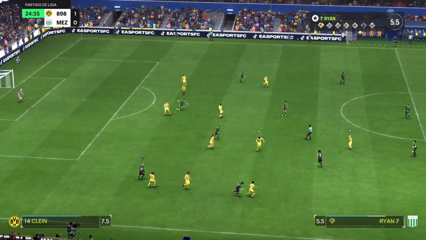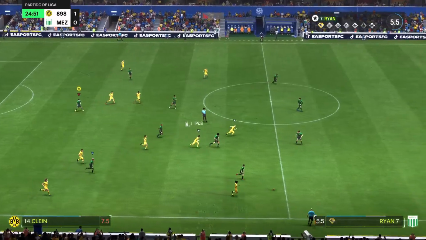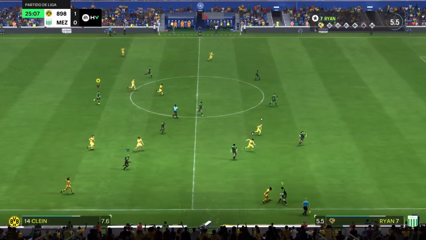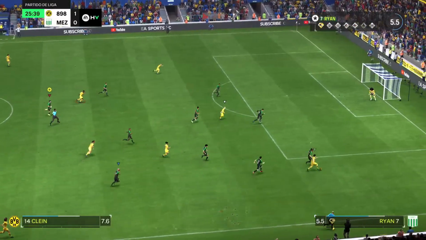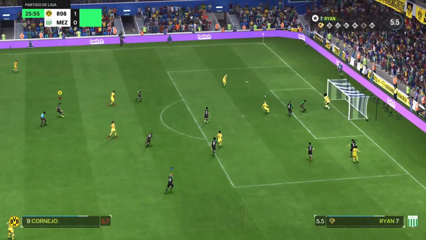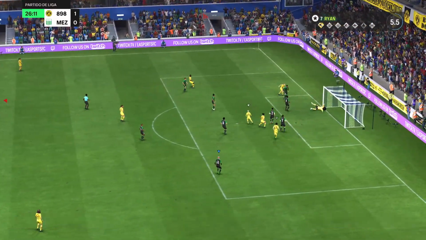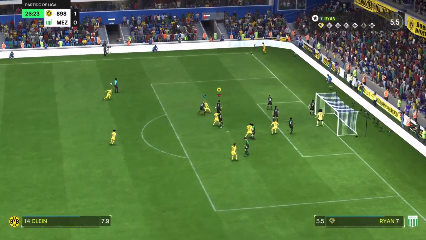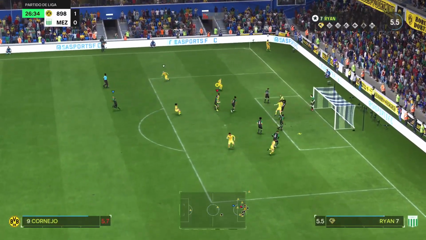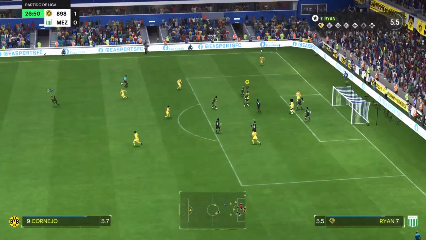Atacando, lo están viendo. Se está animando para irse arriba. Ahí llegó la pelota al área. Quizás desde el córner puedan generar todavía más ventaja.